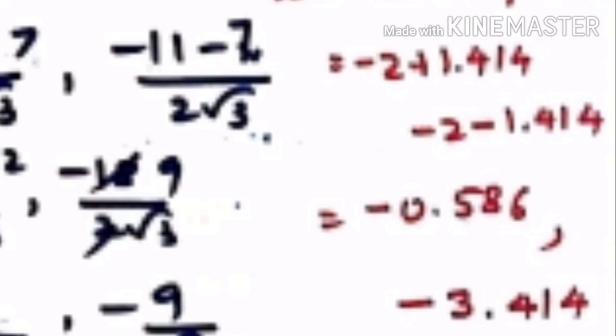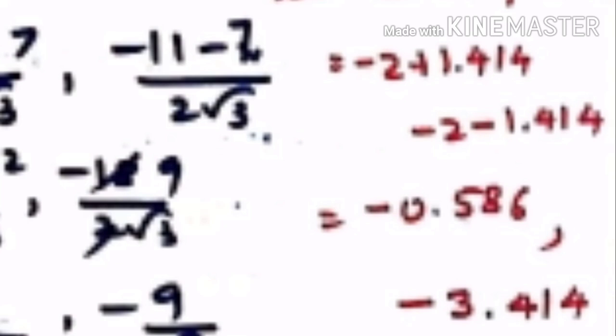Now it is given in the question to get your answer up to 2 decimal places. That is why I place the value of root 2 here. If it is not asked to get the answer up to 2 decimal places, then you don't need to put in the value of root 2, it is okay. But here it is specifically written to get the answer up to 2 decimal places. That is why we have to put in the value of root 2.